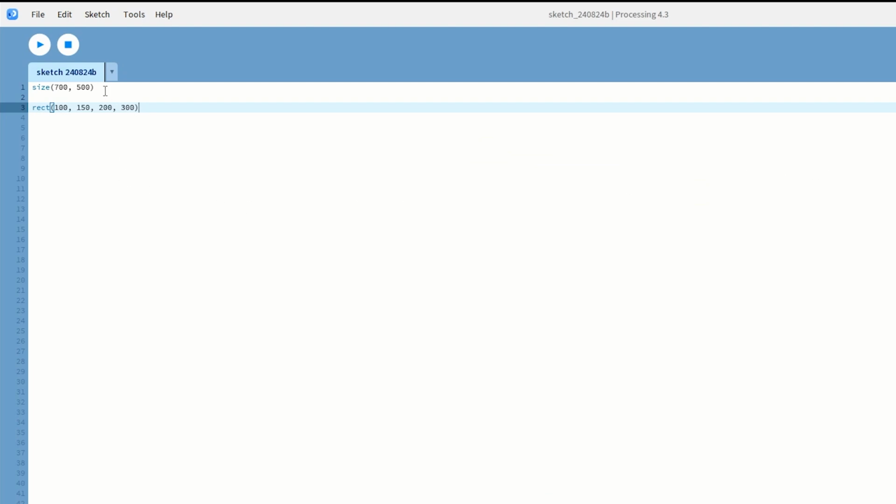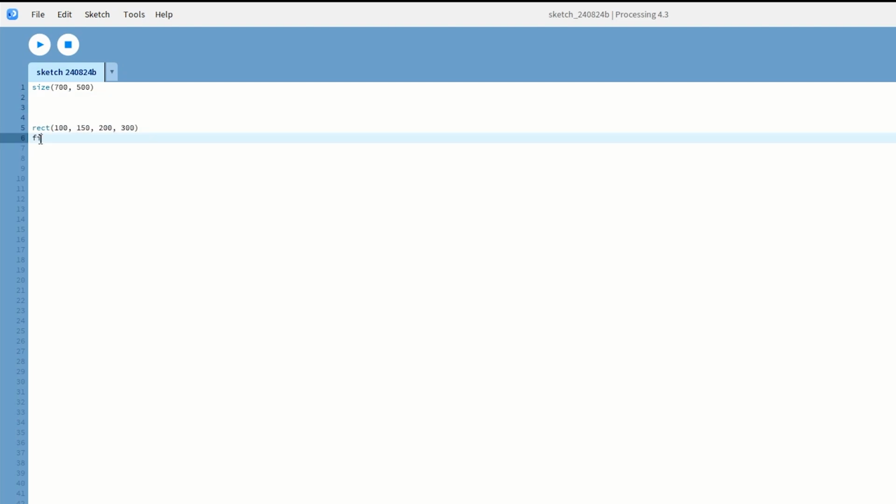To do this, we use the fill function. This function can be used in many different ways depending on the color system you are using. There are 3 ways to specify color in Processing: RGB, HSB, and hexadecimal. In this video, we'll look at the hexadecimal color system, which is the most common way to specify color in Processing. For hexadecimal color, you only need to pass a single argument, the 6-digit value prefixed with a hash, wrapped